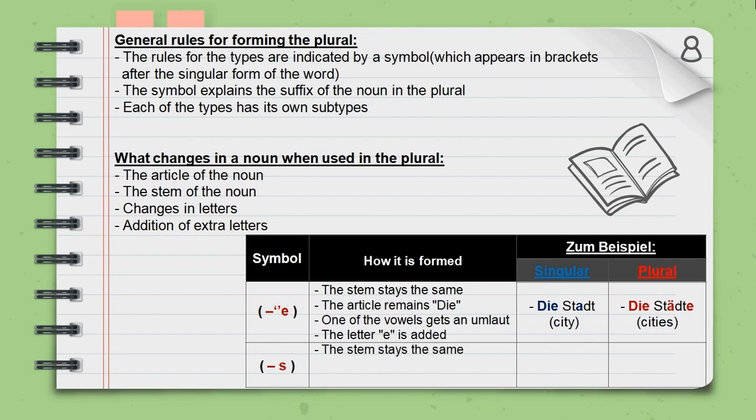The second symbol means that the stem stays the same, the article changes to die, and the letter S is added. Let's see an example. Das Hotel is neuter in singular, meaning hotel in English. The plural, die Hotels. Hotels. Let's continue